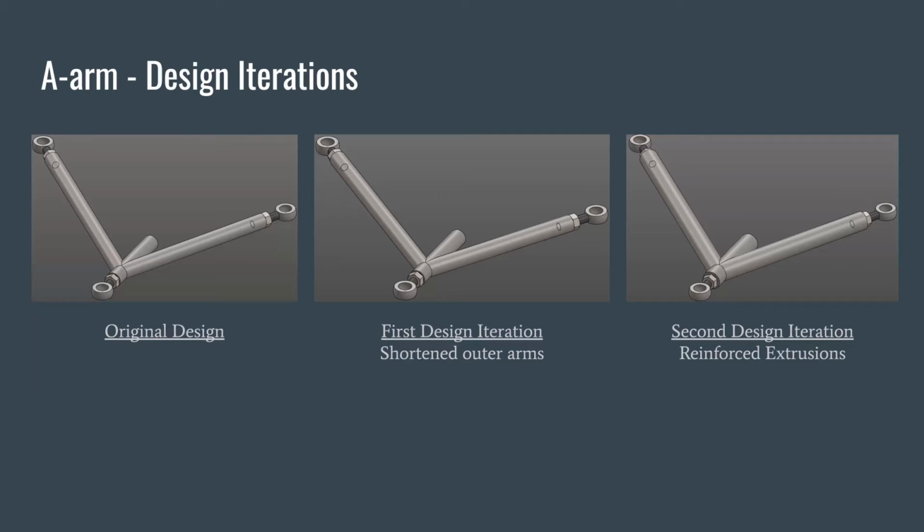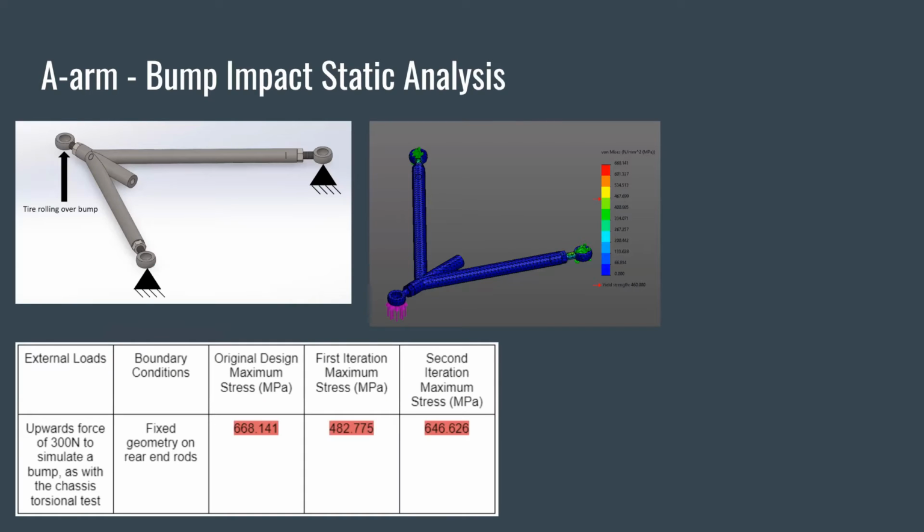And here is the wishbone design, with the first design iteration shortening the outer arms and the second design iteration thickening all three bars instead. The first analysis ran was a static analysis to simulate a bump impact. As seen by the results, even though the first iteration significantly improved the total stress applied, it still failed